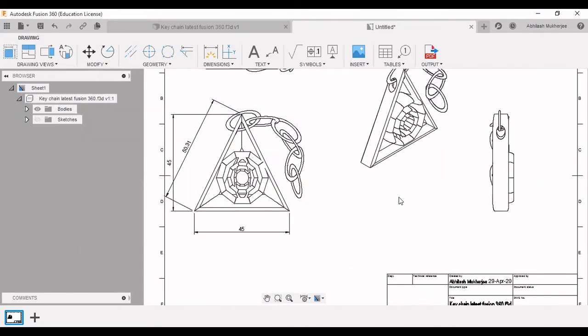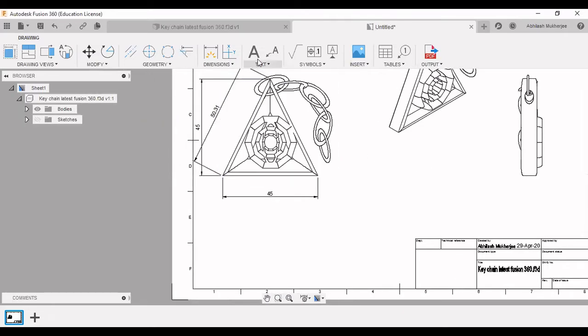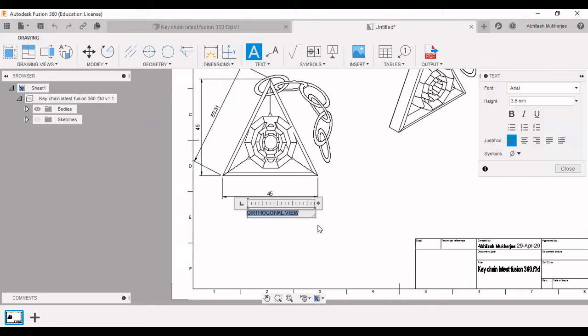Then we can place our text anywhere, like here we want to place the distance. This is the orthogonal view, so right orthogonal view, Ctrl+A, then make it bold, make it italic, and make it 5. Then press close.